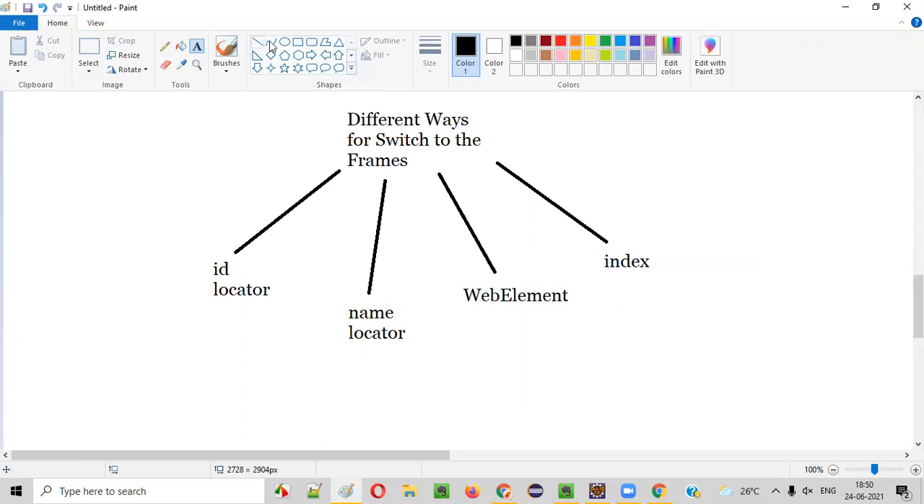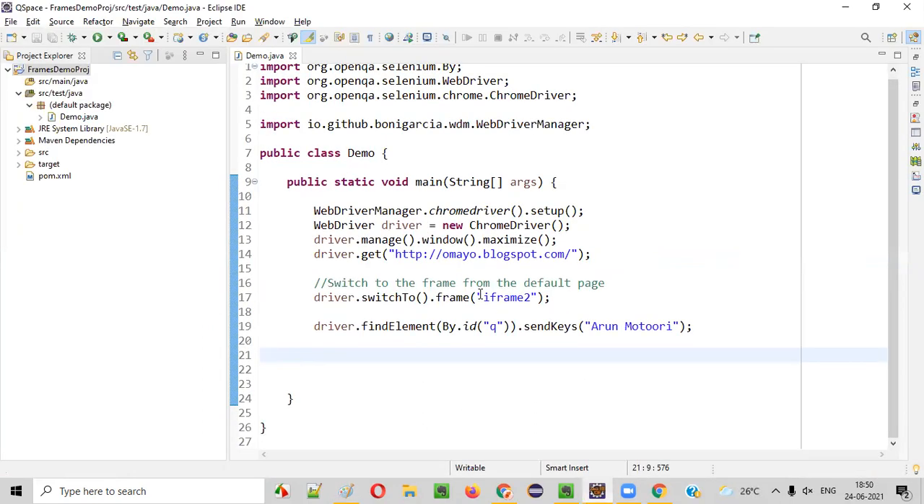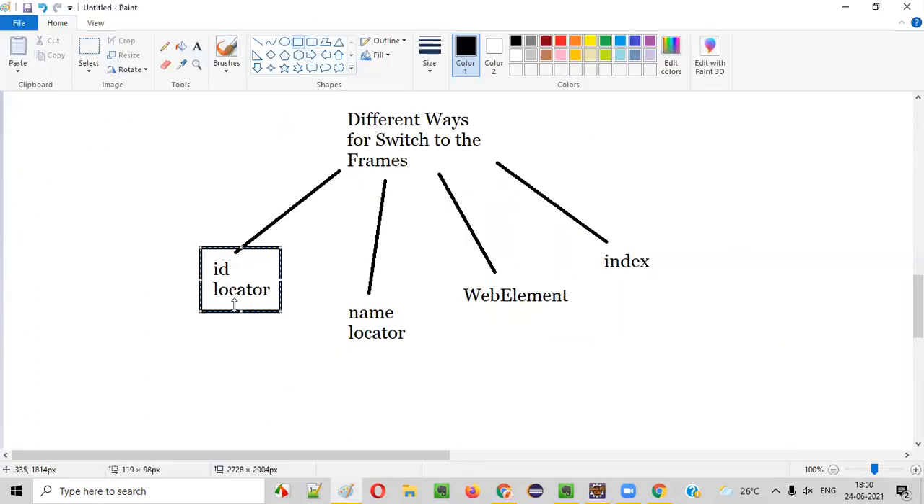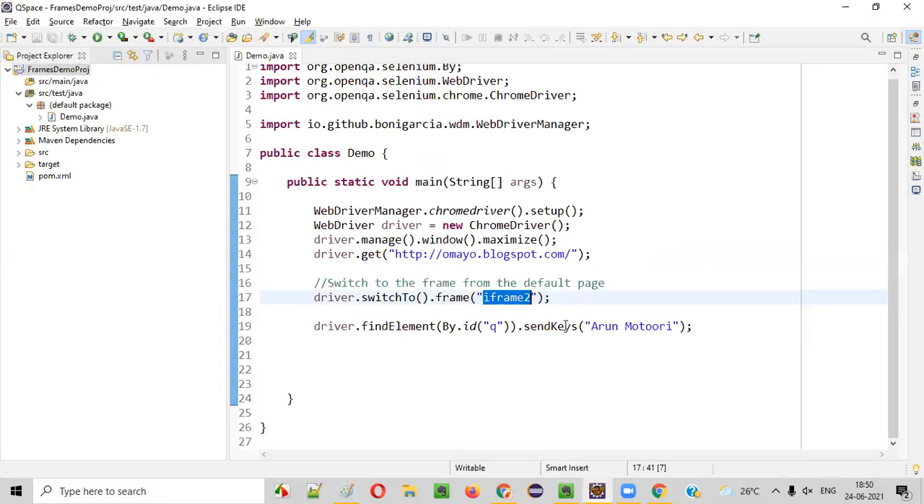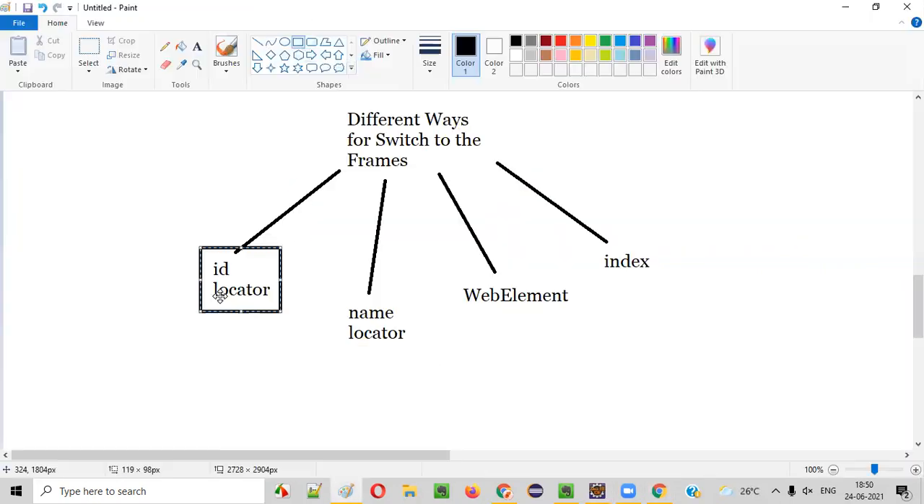Of these four ways, I already demonstrated how to switch to the frame using the ID locator in this example. As you can see here, I'm providing the ID attribute value while switching to the frame. Now, the second thing is the name locator. I'm going to demonstrate an example where we use the name locator for